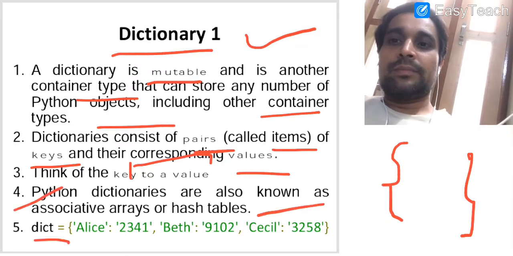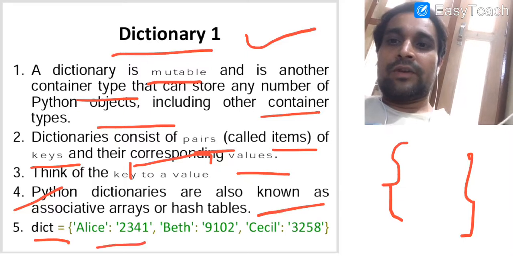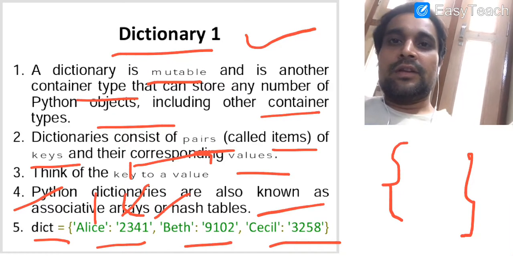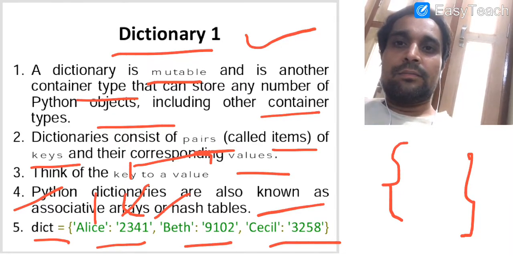Here in our example you can see we have created a dictionary. The name of the dictionary is DICT. There are 3 items available, first, second and third. The key and value pair are separated by a special symbol that is known as the colon sign. It is the key part and the next part is the value part, and no two keys will be exactly the same in the dictionary that we are creating in Python.